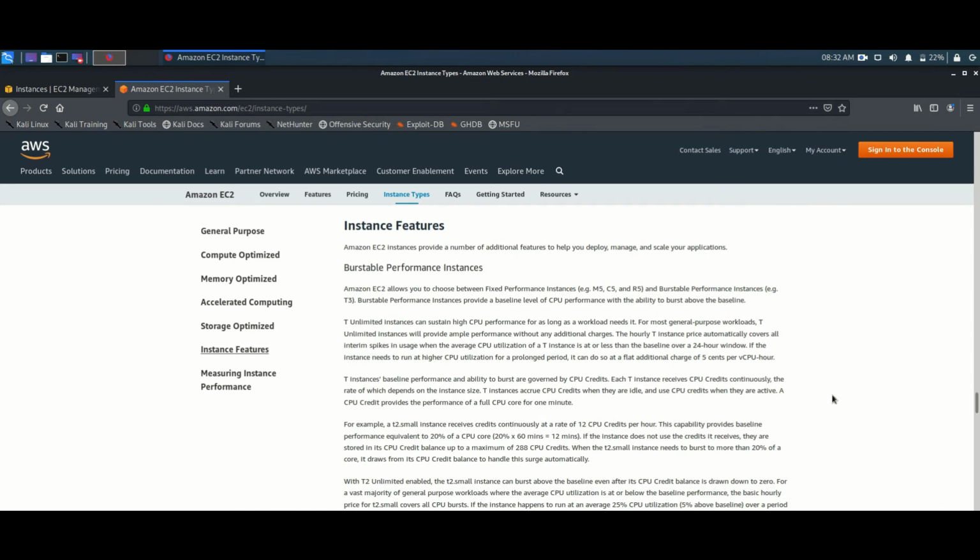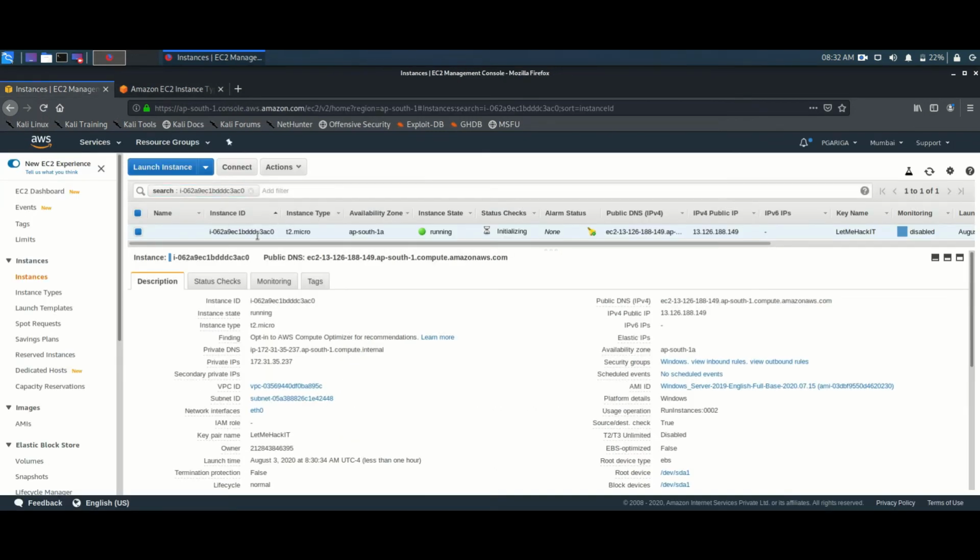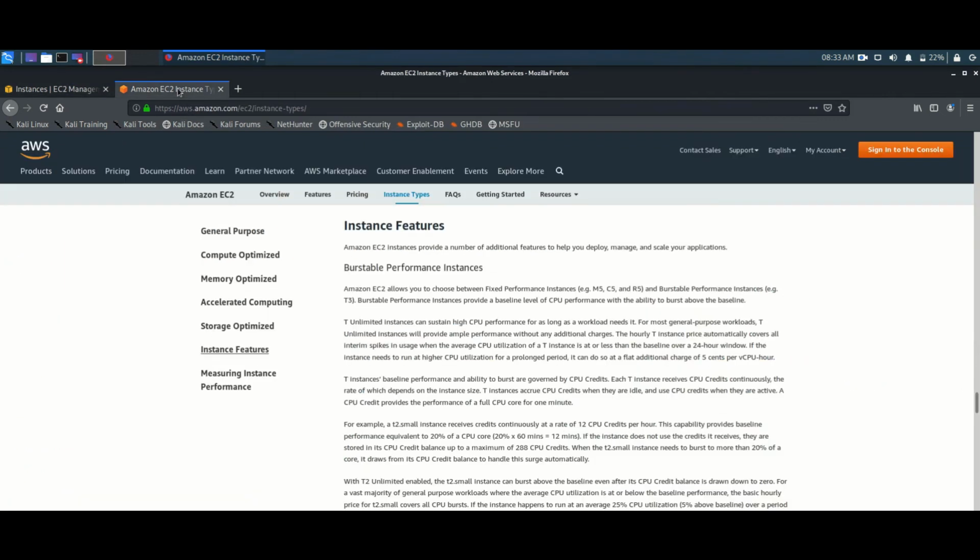What are those burstable type of performances? Let me show you. In the T2 and T3 types, we have burst credits. You can see here our instance is now created with the burst credits, right? So every account will have burst credits. If there are, say, 100 burst credits and you exceed the burst credits, your system will go down. It's like a prepaid connection where you have to recharge your burst credits and use them. Once your credits are used, you have to recharge again so that your performance does not go down.